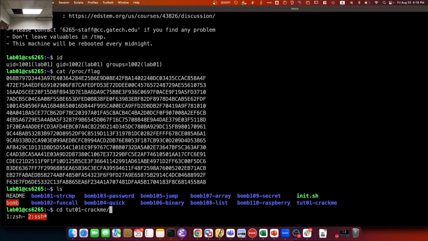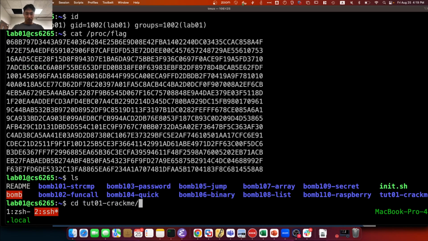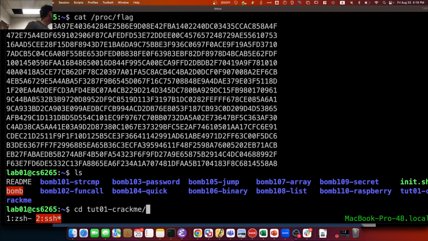Hard to see. Is it enough? I think the color is too dark. Anyhow,